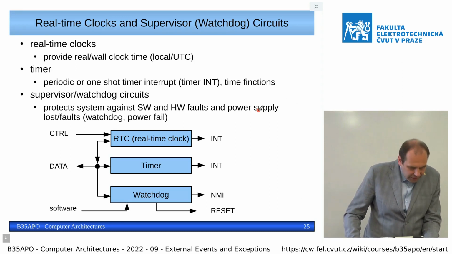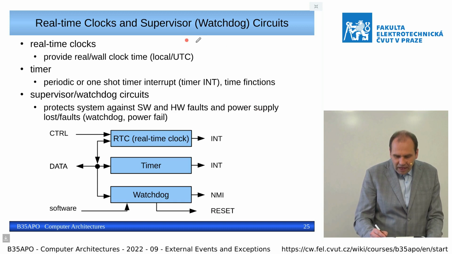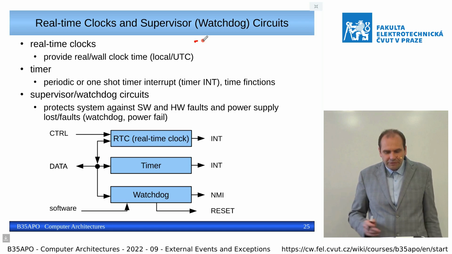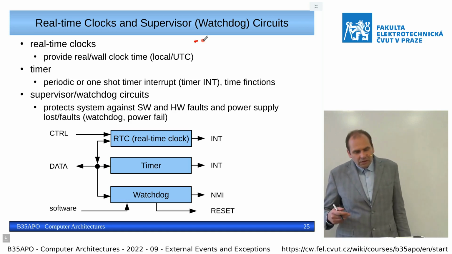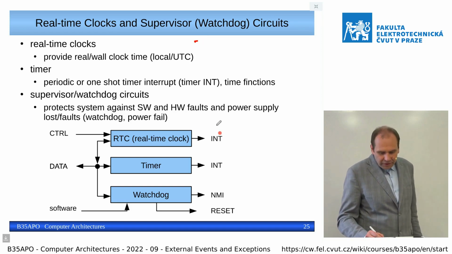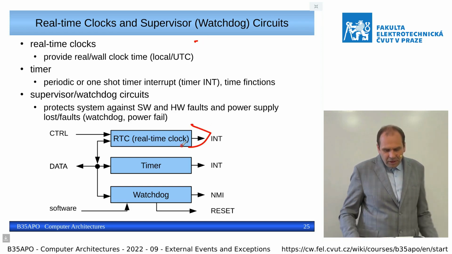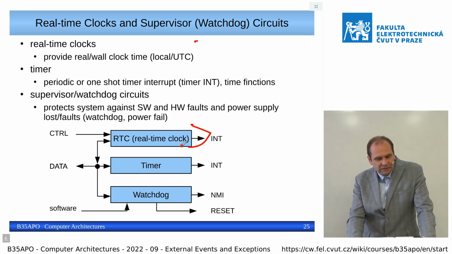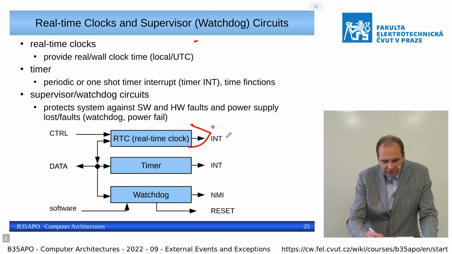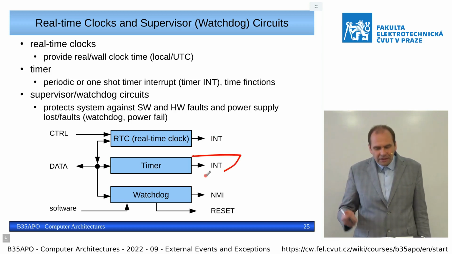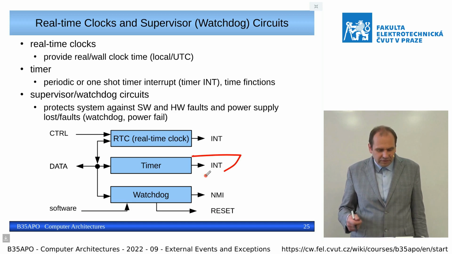Quite often, we want to have some timers, which provide timing to switch between different tasks, or to signal that a given time has expired and we should do something. So we can have, for example, a mechanism which is connected to the real-time clocks, to the wall time, and say that at a given time we want to receive the interrupt. Or there can be a timer, and we can say after so many microseconds, nanoseconds, we want to have there